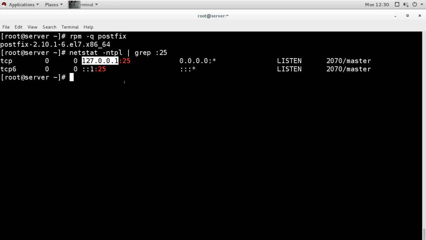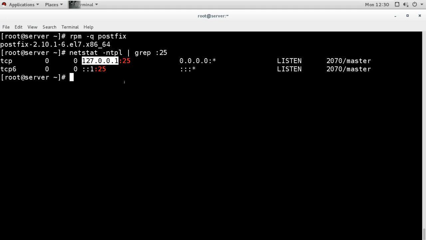So by default it is installed. At the time of installation, when we select the mail server, it installs postfix, and it is listening on only 127. So wherever you install it, it will listen on only 127.